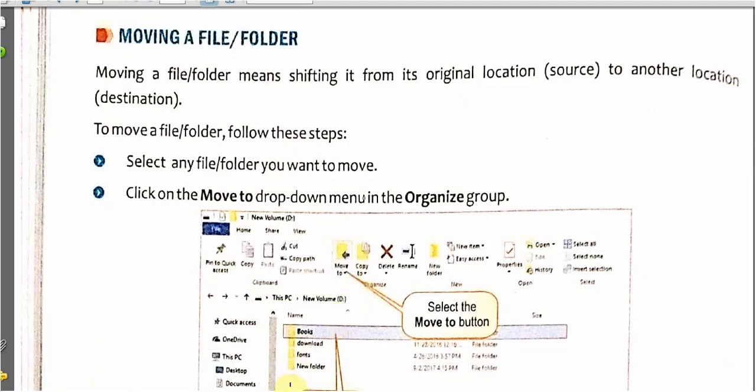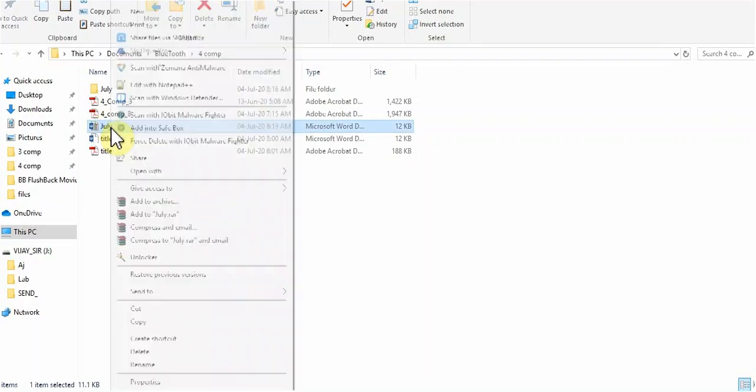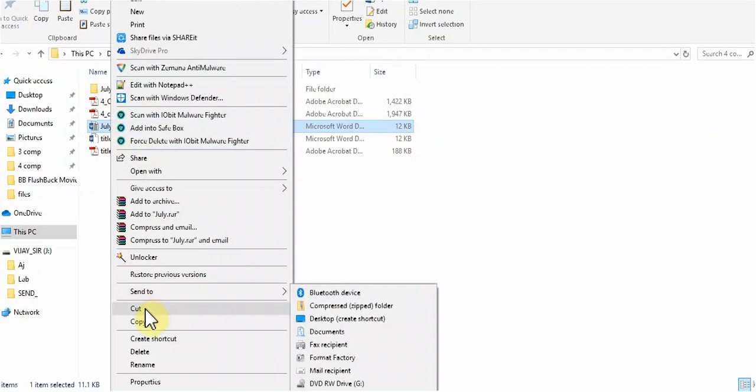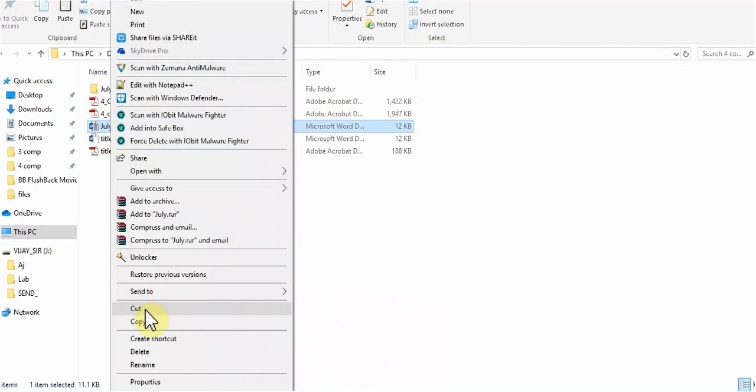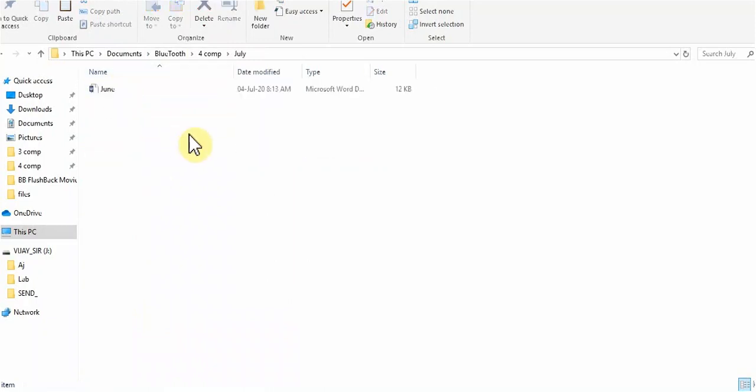So students, let me go ahead and click on July. Now click here. How to move? We have to click on cut. I have cut here. I will go here and I will paste here.